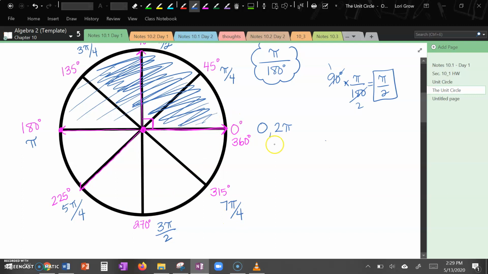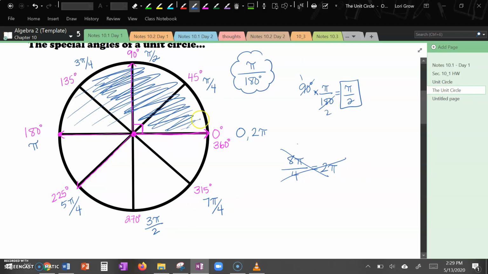And then finally 8/4, right? And as I've been doing kind of verbally, 8/4 is the same thing as 2 pi. So you can always look at this circle if it's divided into eighths as each section being a fourth of pi. 1/4, 2/4, 3/4, 4/4, 5/4, 6/4, 7/4, 8/4. Okay,